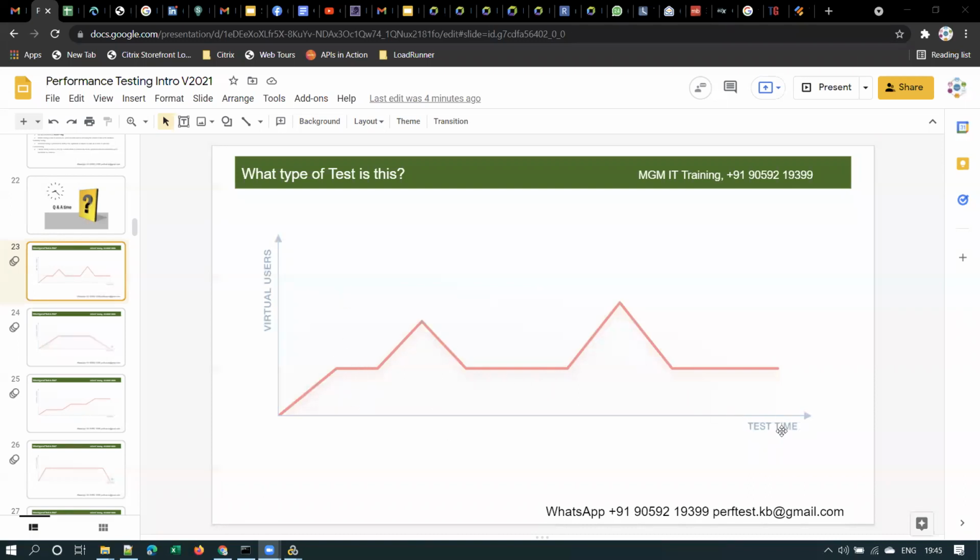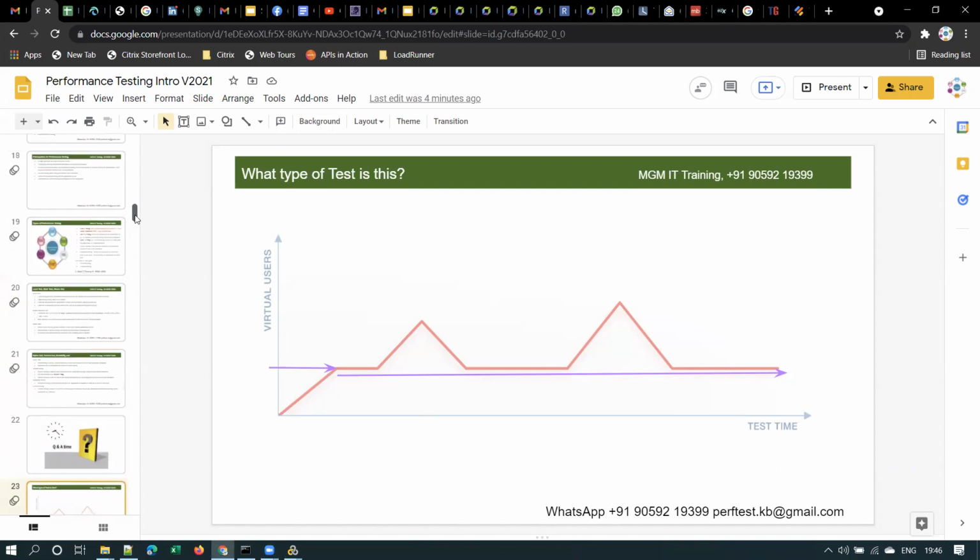Observe here, on the x-axis we have duration, and on the y-axis you have user load. Let's assume that this is the normal user load. Let me annotate and explain the graph first. Say, for example, there are 10,000 users at this point, and as the graph indicates, there is an increasing number of users. That means spike. So this graph represents a spike test.